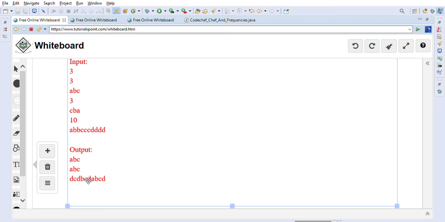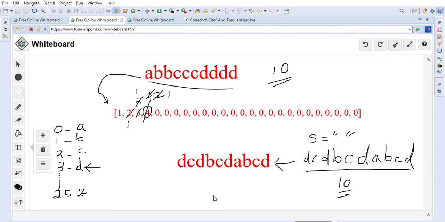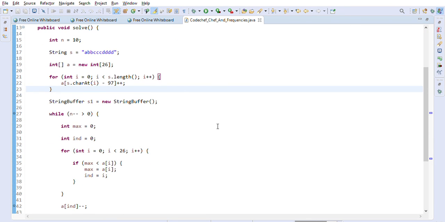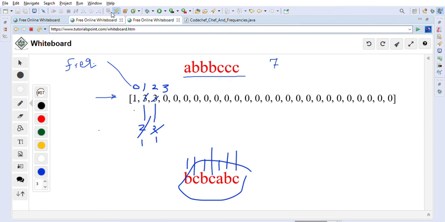As you can see, it is the same answer that we got. So this is the way we can solve this problem, with shapes and frequencies, with the help of a frequency array and the logic that I explained with these two examples.